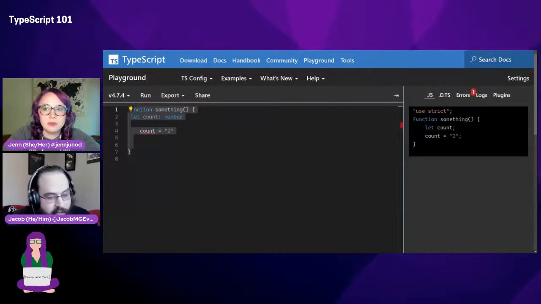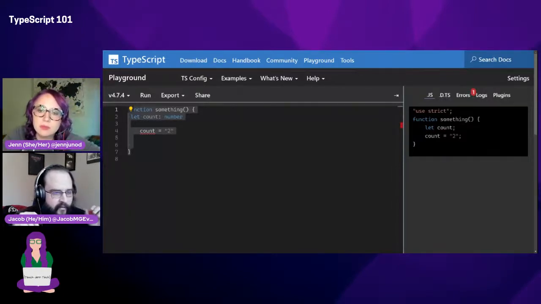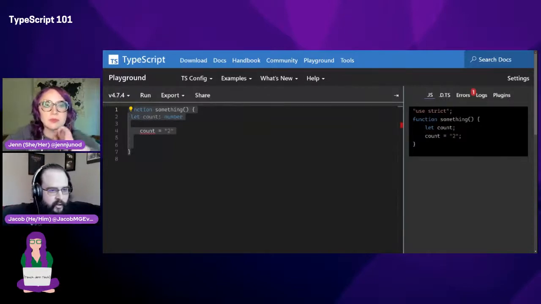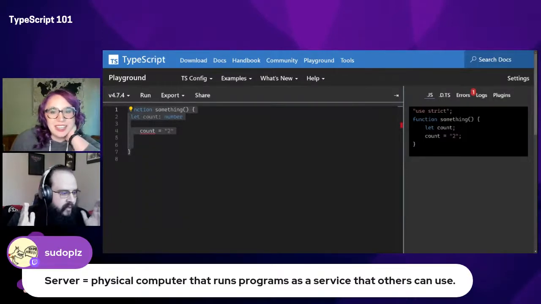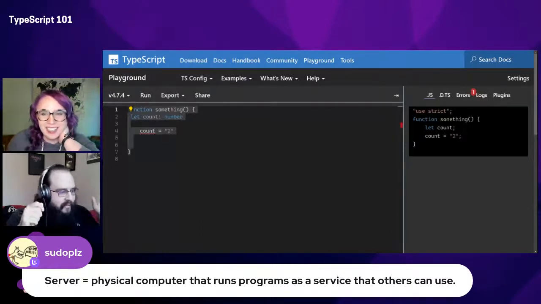So what the edge is: I don't want to just run it in one particular spot, or maybe even have a few major server locations globally. Yeah, no, that's great.